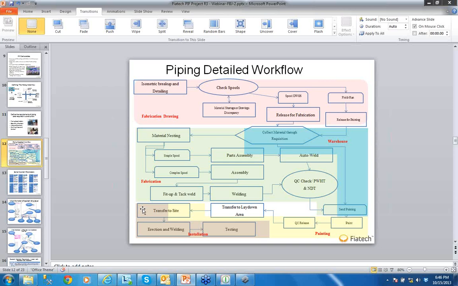If somebody asks, look, I sent you a revision on this piece, or tells me this ISO that you worked on, or this piece of piping, was not approved for issuance,